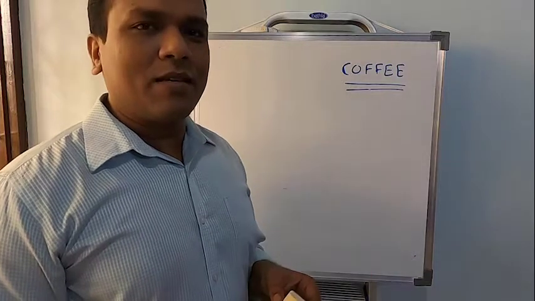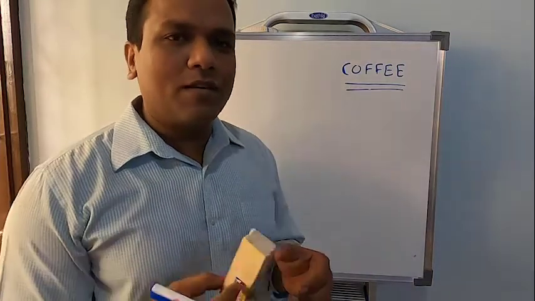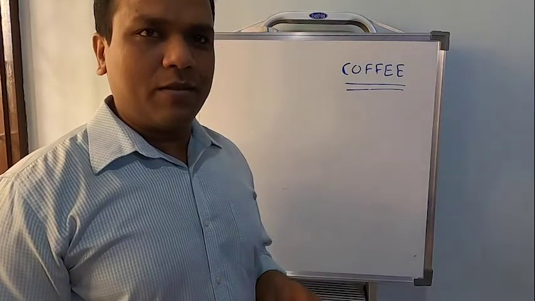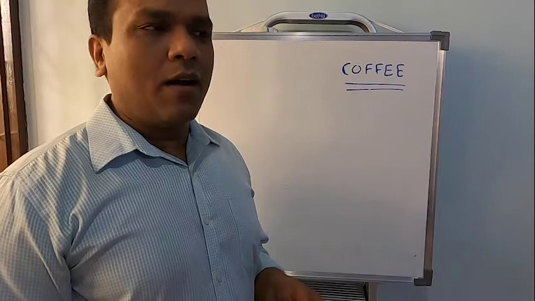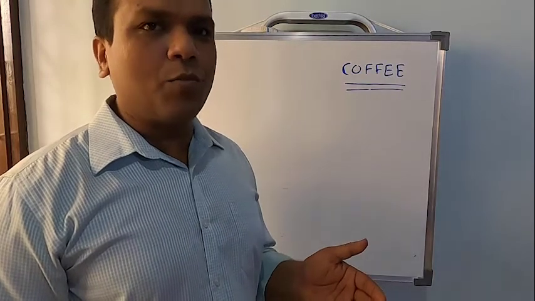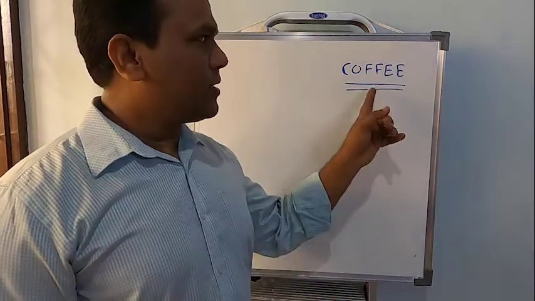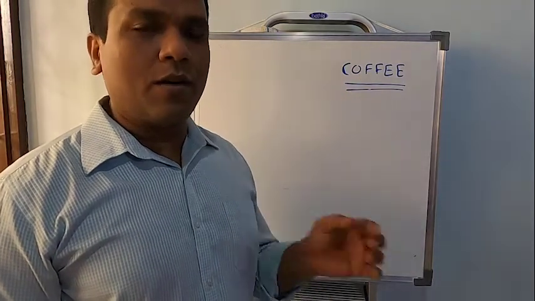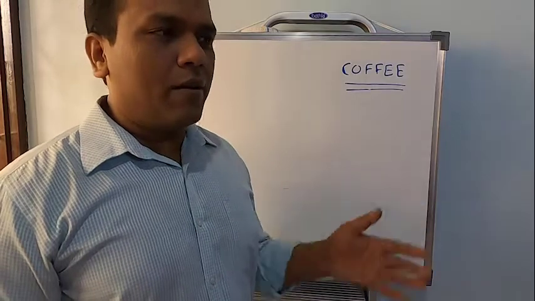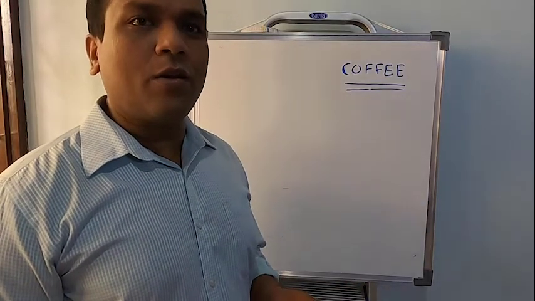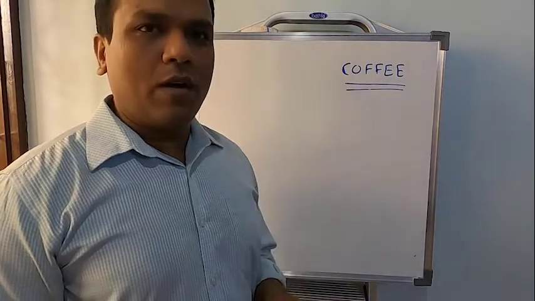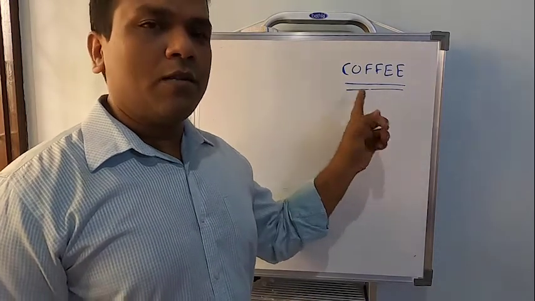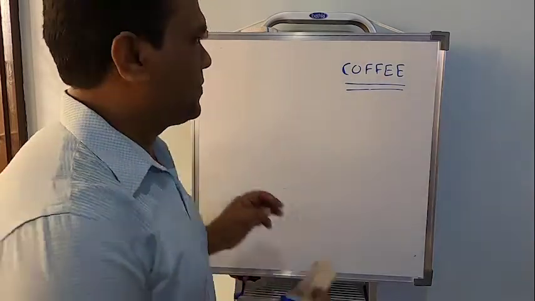This example was given to understand that a few times you can take the help of the teacher, and at some time you should be in a stage to prepare on your own. That's why this example was given. A few times you will take the help of your mother, and you will learn how to prepare coffee. So one day when your mother is not there and you want to prepare a coffee, as you have already taken the guidance, now you should be able to prepare on your own. Just remember this example, it's quite useful.